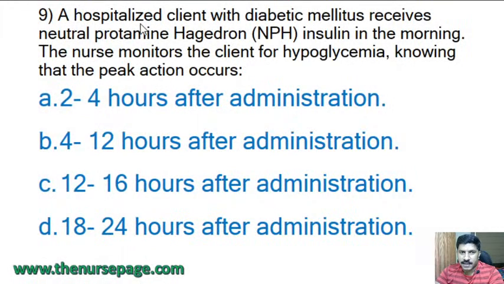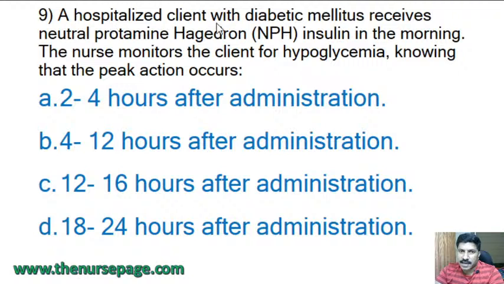Next question. A hospitalized client with diabetes mellitus receives neutral protamine Hagedorn, that is NPH insulin in the morning. The nurse monitors the client for hypoglycemia, knowing that the peak action occurs